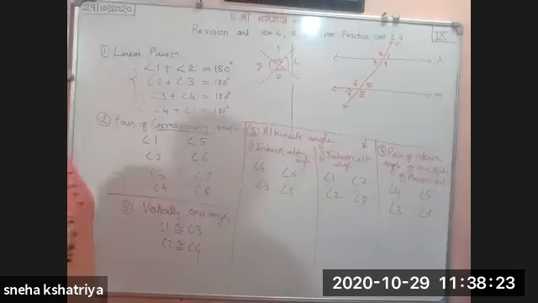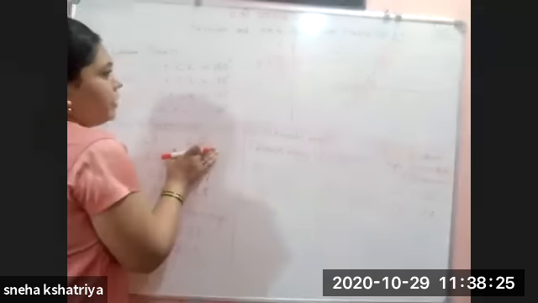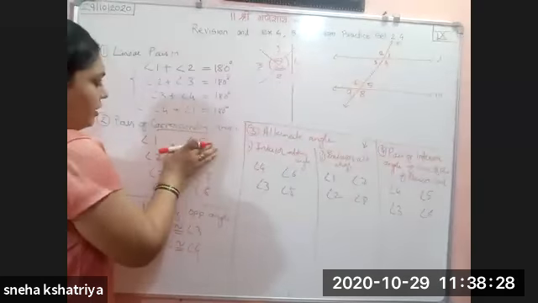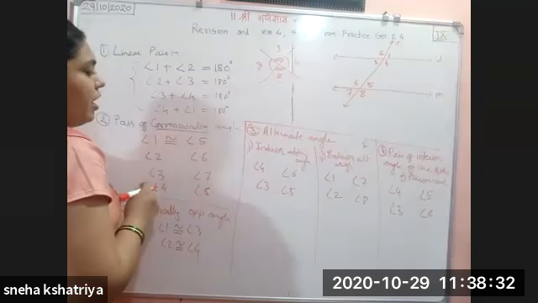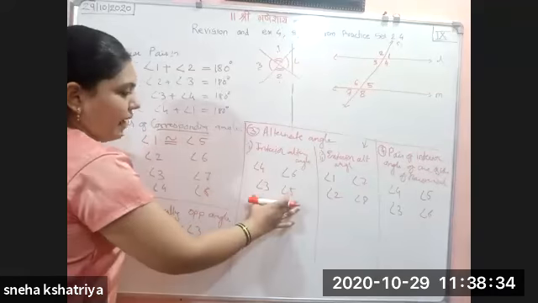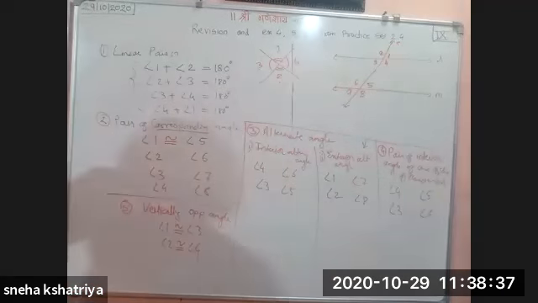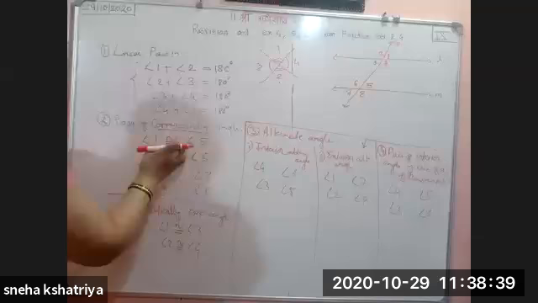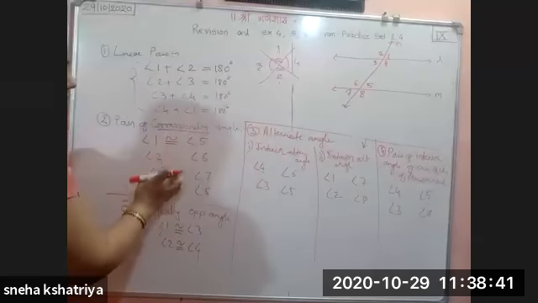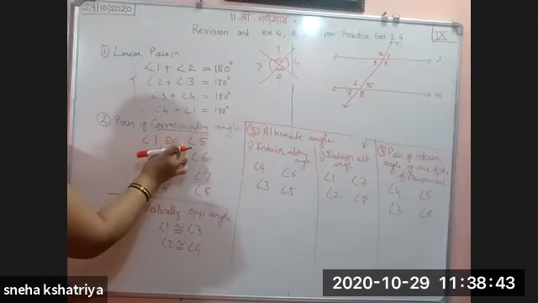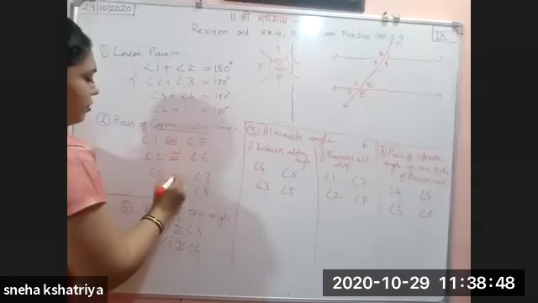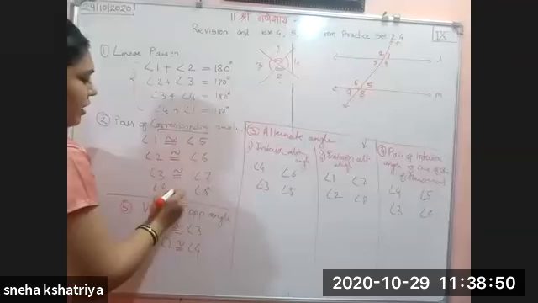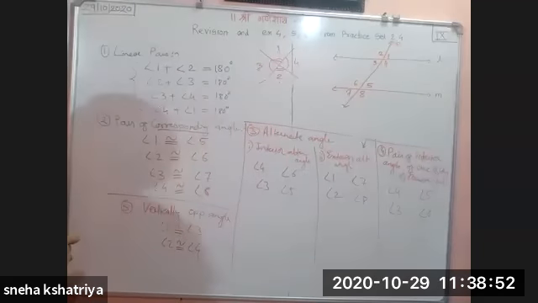angles are congruent. Now see here, whenever the lines are parallel, these two angles become congruent. First we were finding only the pair. But here we get some relation between these two angles. They become congruent. Okay, 1 and 5 become congruent, 2 and 3 become congruent, 3 and 7 become congruent, and 4 and 8 become congruent. Okay, so all the angles are equal.